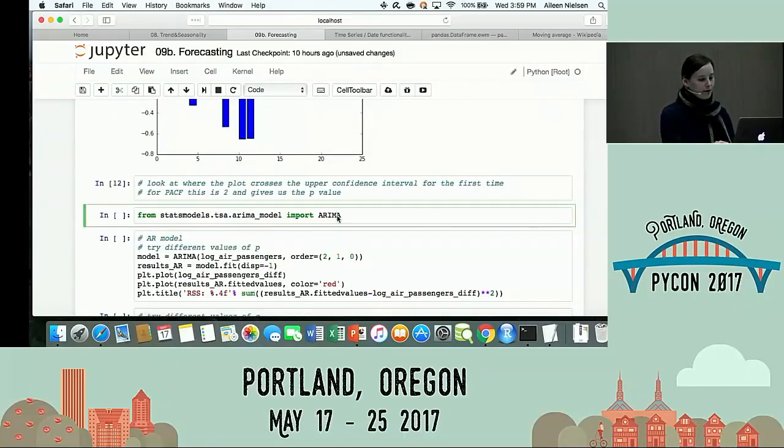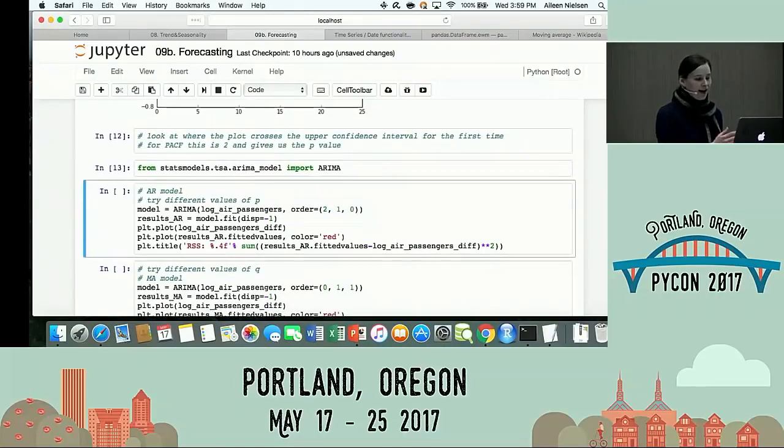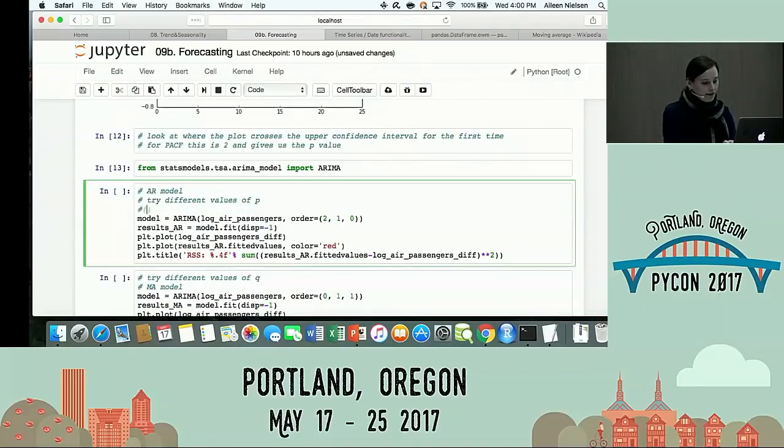I'm going to import my ARIMA model, and I am going to play around and see how things look. So an ARIMA model has a P, D, Q. The D is the differencing, so how many times do I want to difference? I happen to think that one differencing term is nice, so I stick with that. The P is the autoregressive component. For now, for the Q, the moving average component, I'm just going to use 0, because I want to see if I just model this as an autoregressive, trying to be as parsimonious as I can, how does that look?